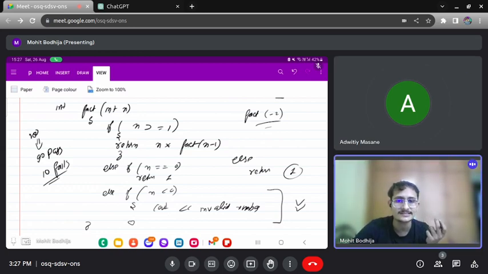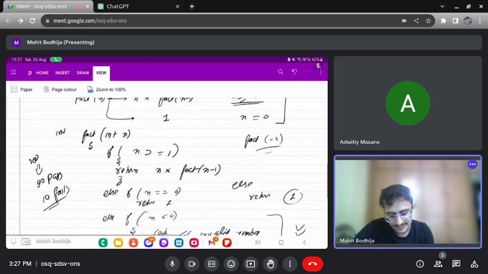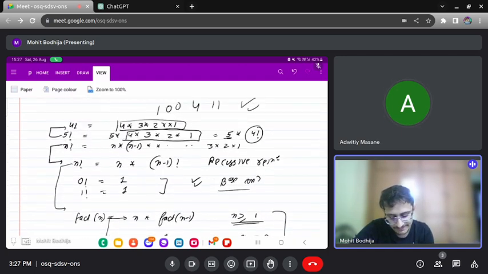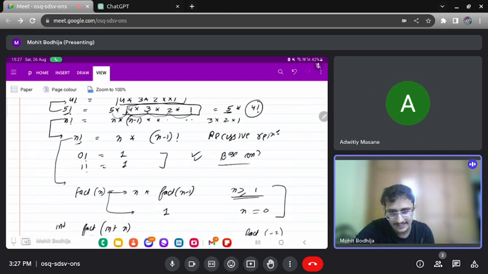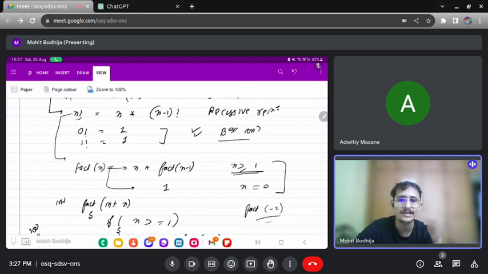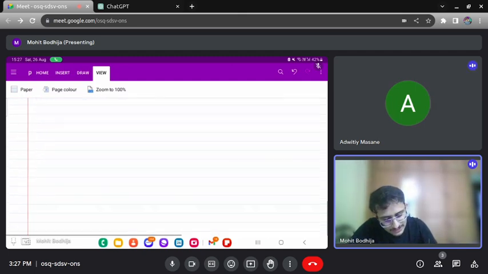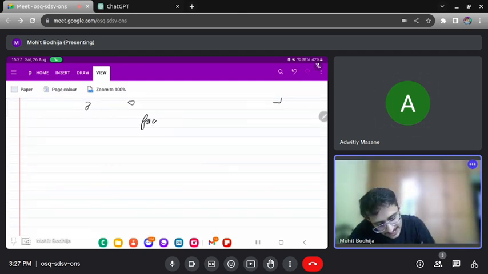Okay, now this was the recursive solution. So let us discuss the time complexity. So we started with 5 factorial. So what you are going to do, you go over each number and multiply. Similarly we started with n. So every time we are calling a function, but the value is decreasing by 1. So we need to go to each step. If I write the function of 5 factorial like this, fact 5. So what is fact 5?